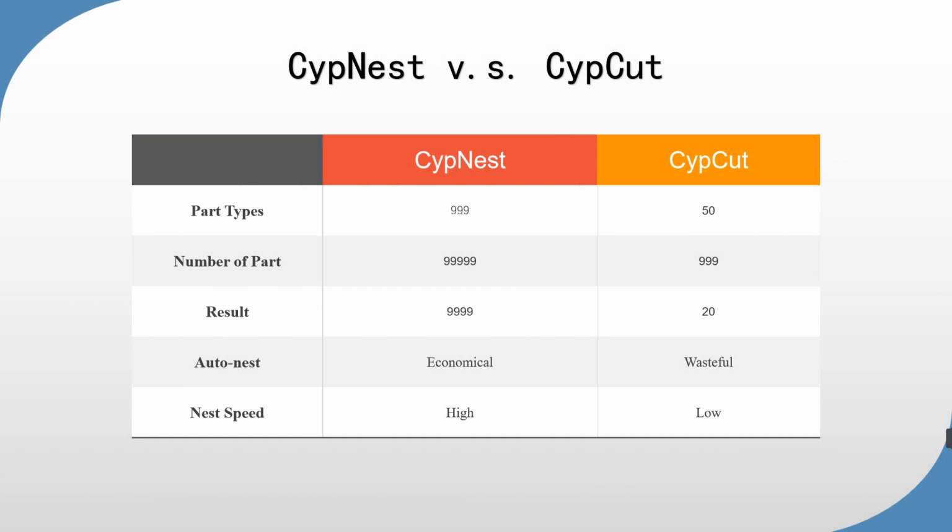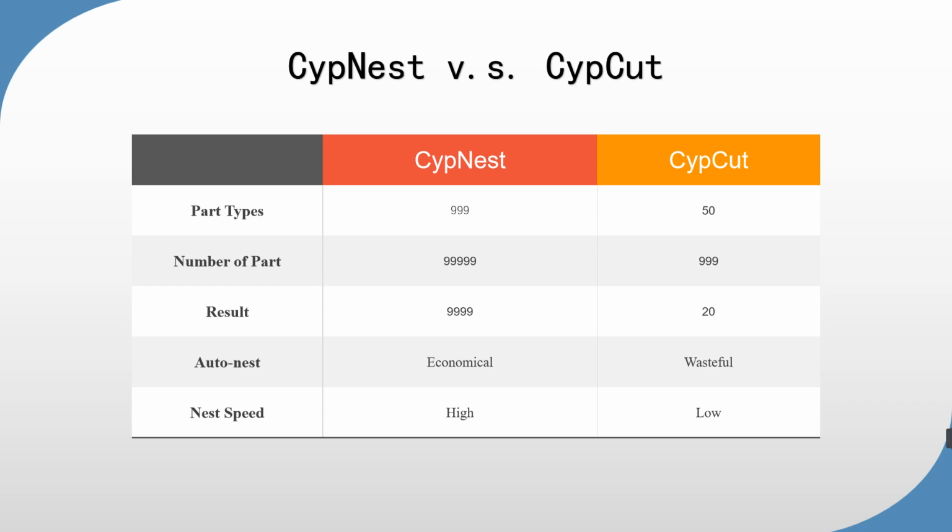CypCut is a professional software for laser cutting, so the nest feature in CypCut is just at a basic level. On the other hand, CypNest, as a professional nesting software, comes with a much more powerful nest function. First of all, CypCut only supports 50 kinds of part types at most, while CypNest supports 999 types of parts. Second, the number of every kind of part can be up to 999 in CypCut, while in CypNest,